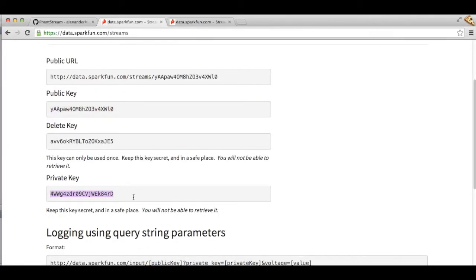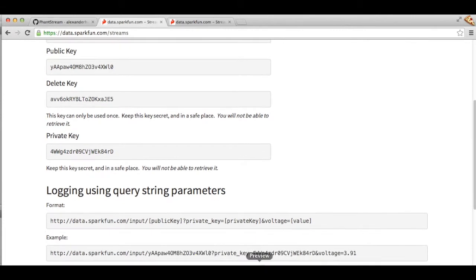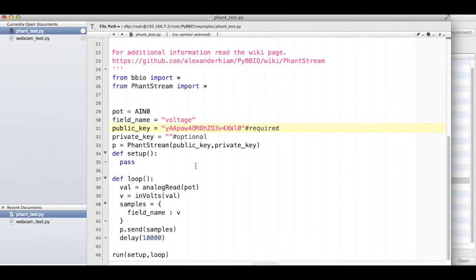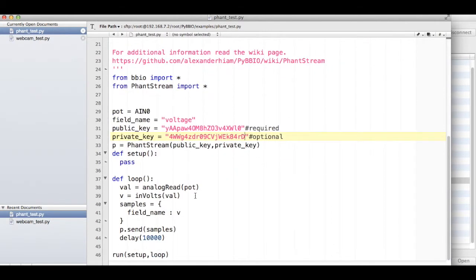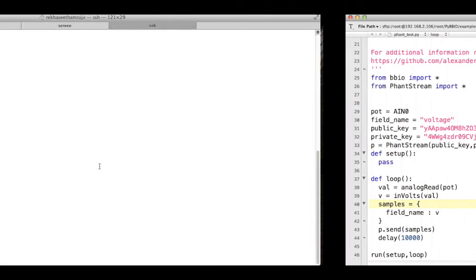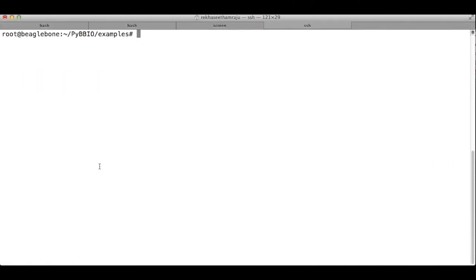So I copy them into the right spaces. And let's run the program now. It has to take an input from a potentiometer, and I don't have a potentiometer, so it's just going to give a zero value, I'm guessing.